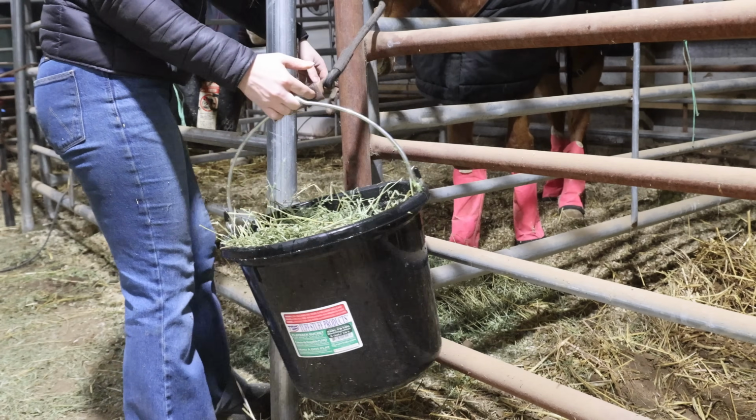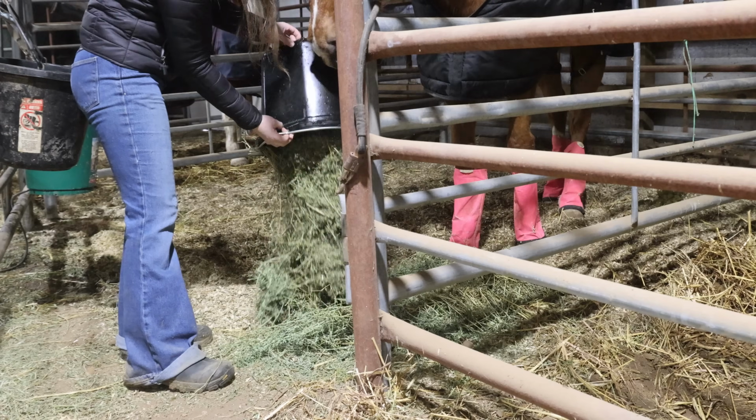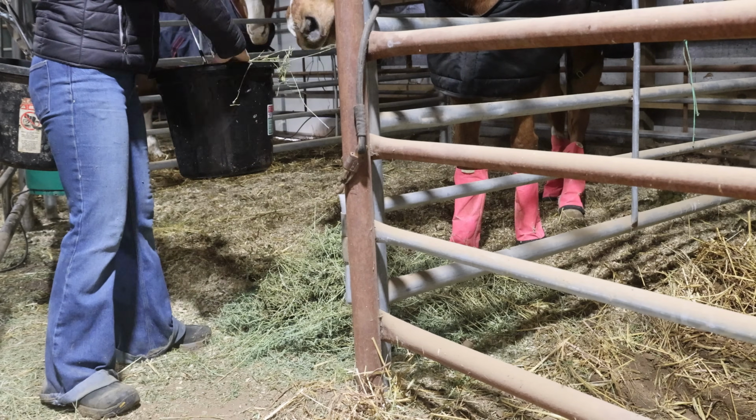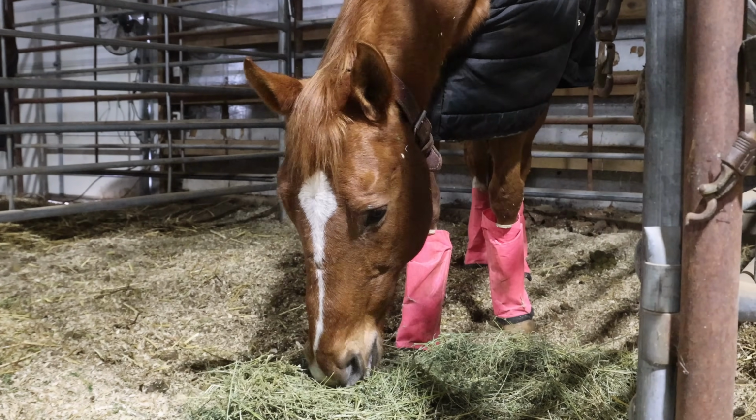I carried even more of that steamed alfalfa over in a bucket for him, and he was so excited about it. He loves it. All the horses do, even if they're picky eaters. So that is going to really